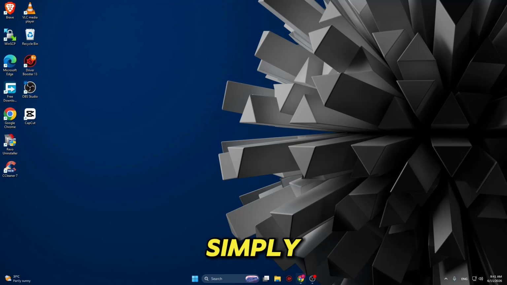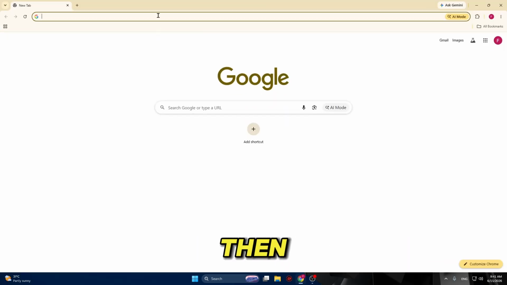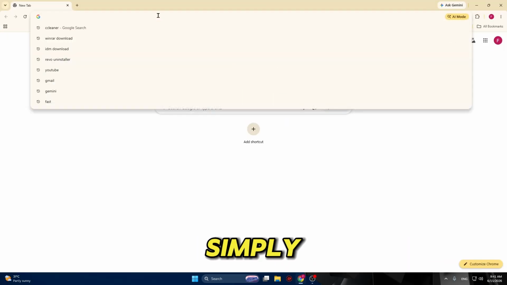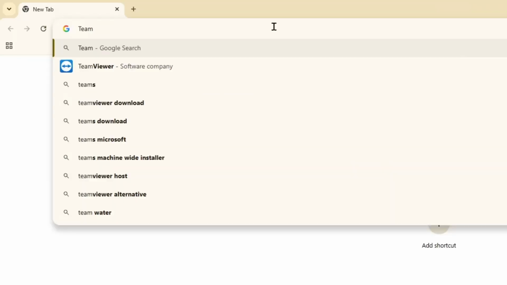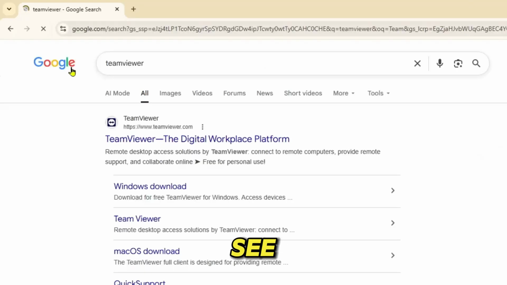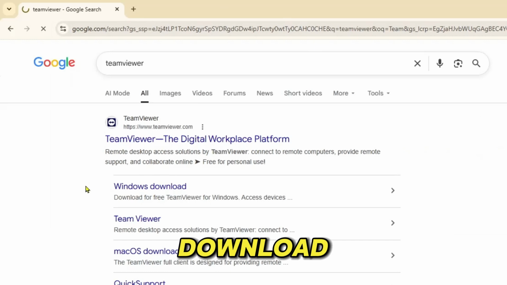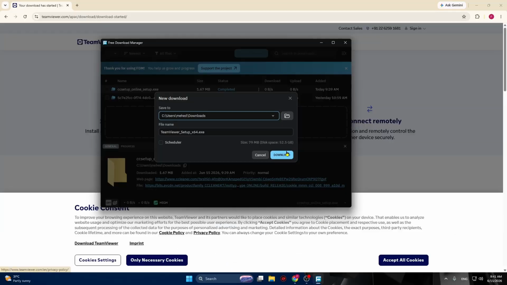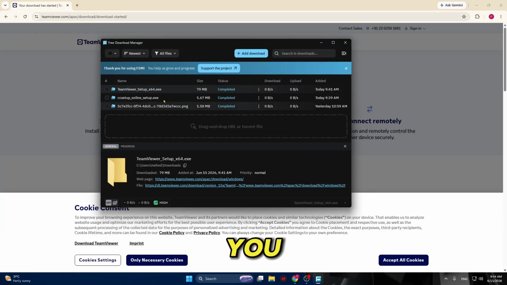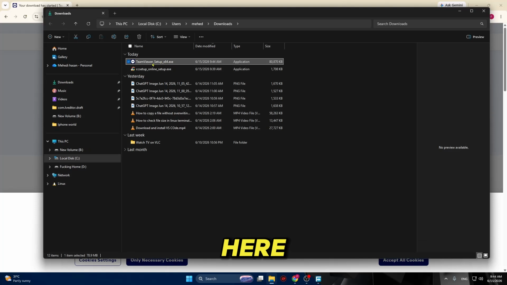For that, you can simply open any of your favorite browsers, then come over into the search option and search for TeamViewer. Then click on Windows Download, click on Download TeamViewer, click on Download. And as you can see, your TeamViewer setup is downloaded. You can now simply click on the folder icon, and here is your TeamViewer